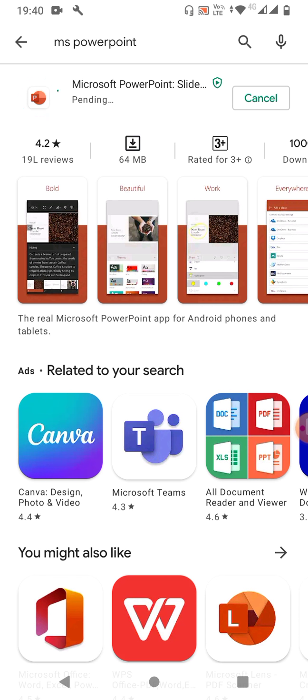Generally Microsoft's apps are big, not very small in memory. So you can just wait, or keep your phone and device cleaned so that you can easily install it. Okay, so it is installed.